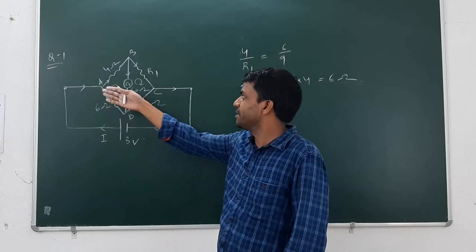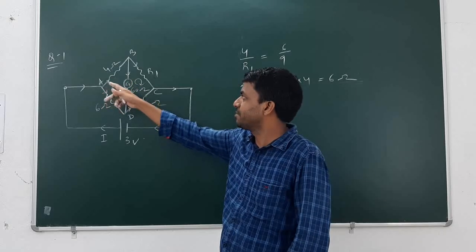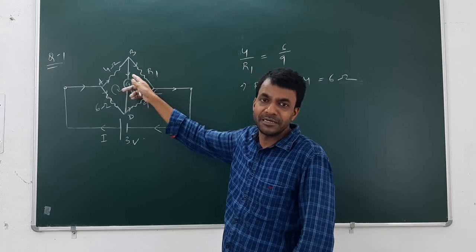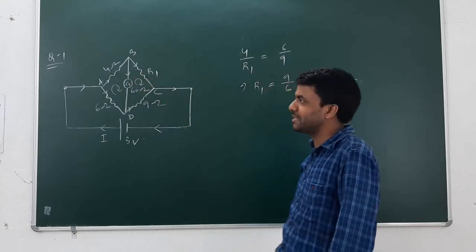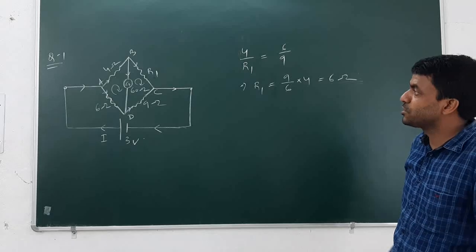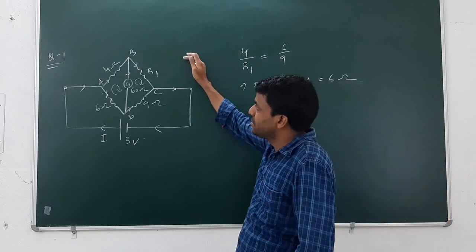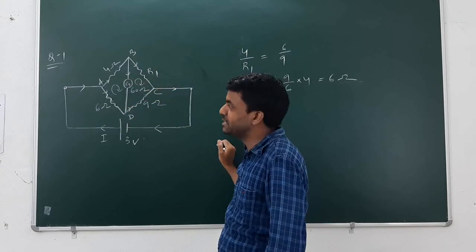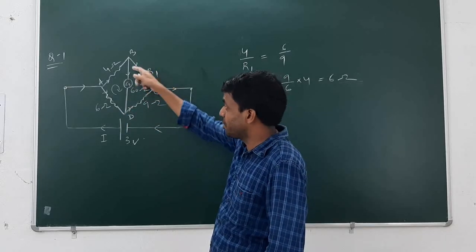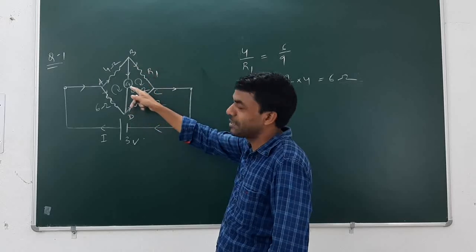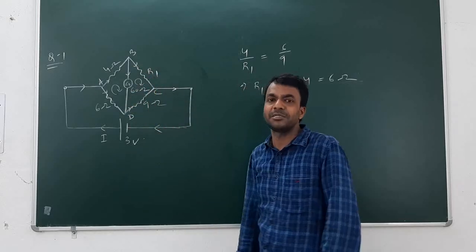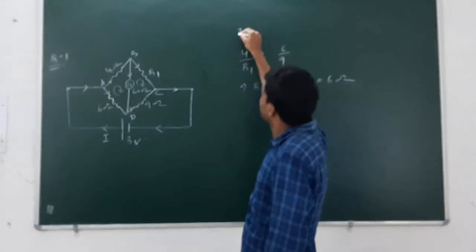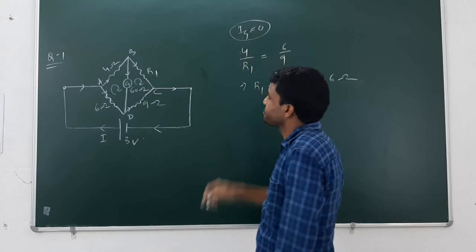As given in the Wheatstone bridge circuit diagram, the current is divided into I1 and I2, then the galvanometer current is Ig, and the remaining portions are the same. This Wheatstone bridge is balanced when the potential difference between terminals B and D is equal to 0. This means the current flowing through branch BD, the galvanometer, is 0, so the galvanometer shows no deflection. Then I put Ig equal to 0 here.